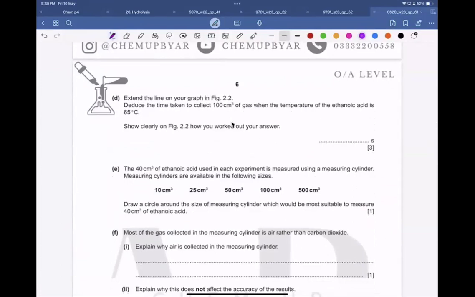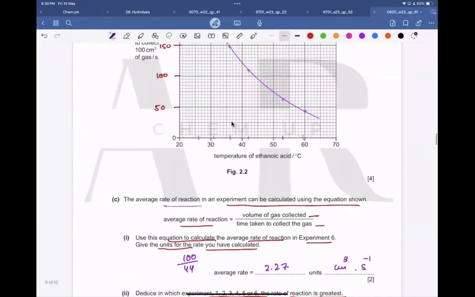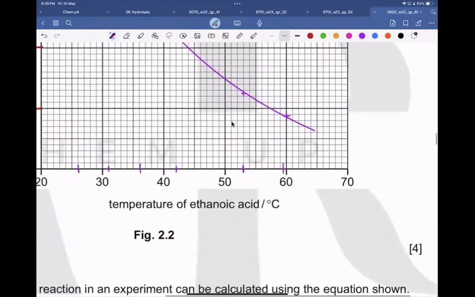Now part D. Extend the line on your graph in figure 2.2. Determine the time taken to collect 100 centimeter cube of gas when the temperature of ethanoic acid is 65 degrees Celsius. Show clearly on figure 2.2 how you worked out your answer. Okay, so we have to extend the line. So if I extend it,